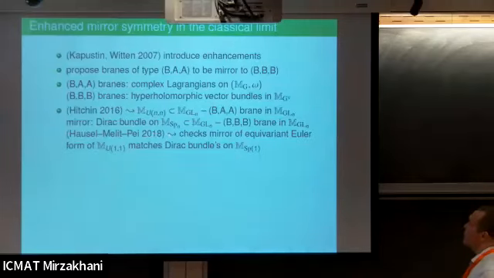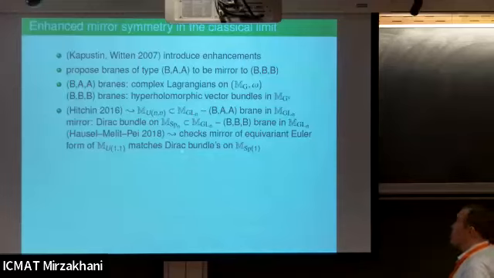This was actually where I was joining in again, in this enhanced ideas, with Anton Mellit and Dupuis. We have made some really non-trivial equivariant intersection number computations. We computed the equivariant Euler form between these Lagrangians and these Dirac bundles, and we found a very surprising matching on the two sides. Why it's very surprising, because the computation was really, and still is a bit, we will have to understand this more, why this works like that.